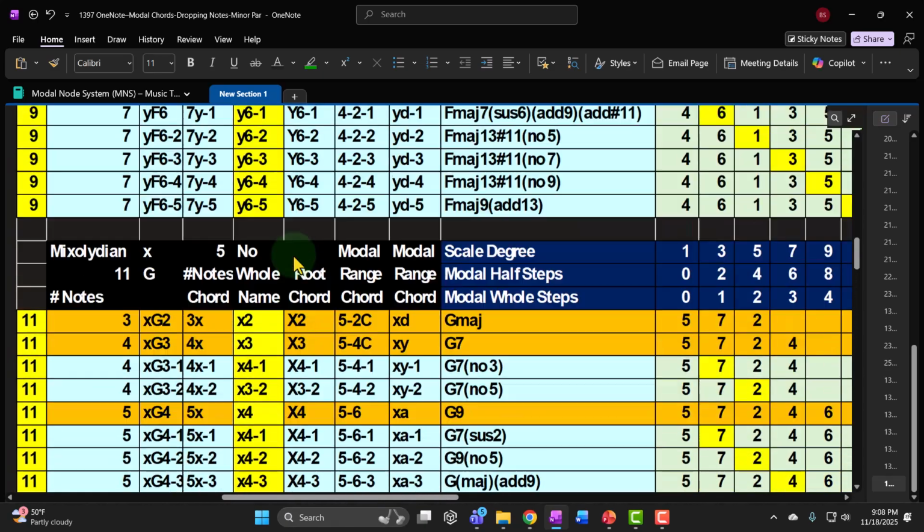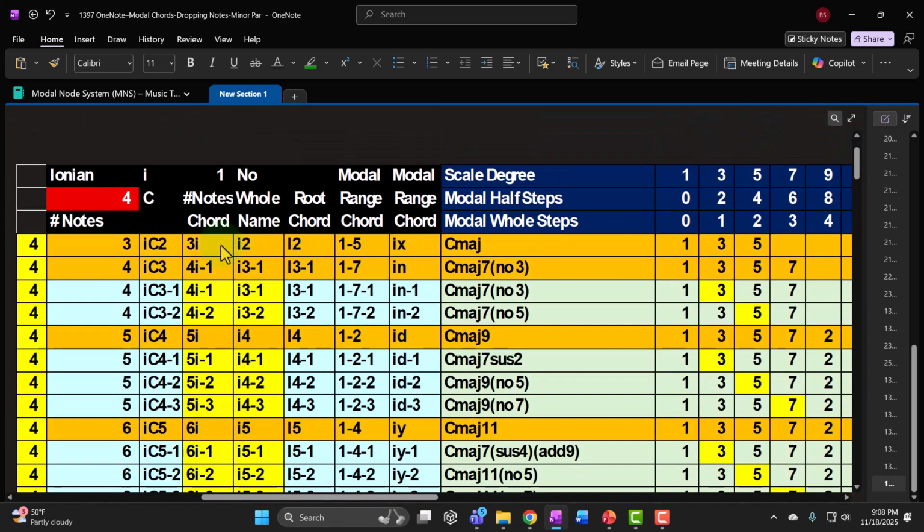All right, so given that, we talked about last time the major modes, like the Ionian mode, where we had the C major, for example. I would rather call it a 3-note Ionian or an Ionian 2 modal whole step chord. Then we talked about what if we were going to drop notes, such as with a C major 7, no third, or a C major 7, no 5. I would rather call that a